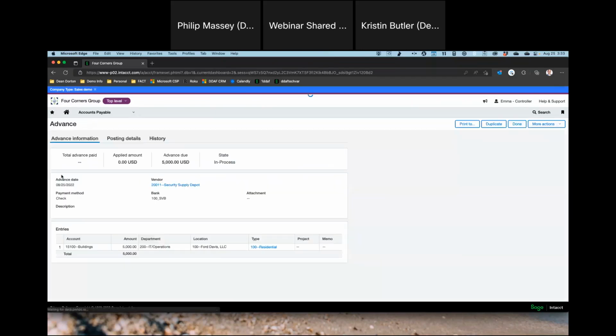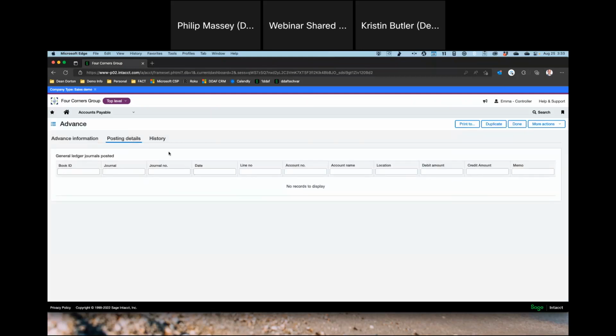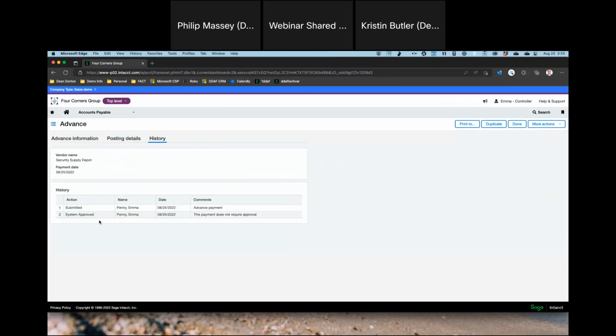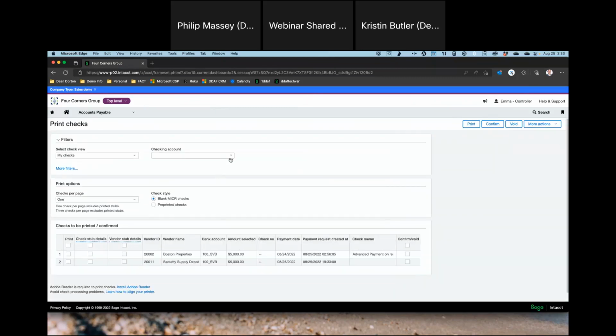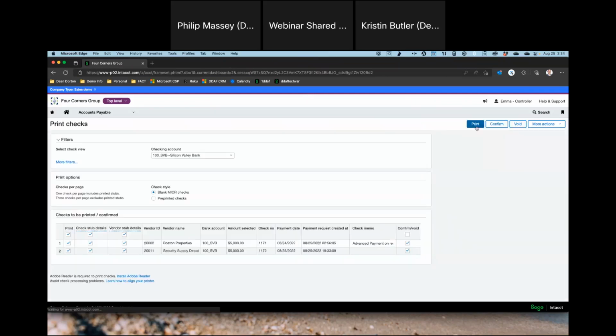If I go back in here and look at one that I created previously, you can see the dimensional values down here at the bottom. You can see here the information about the applied amount and how much of it has actually been paid through the check and how much of the advance is still due. You will eventually see posting details, and then you can also see the history of this particular document. So as I continue the process and we were to come into here and print these, if I pick this and we'll do the blank maker checks, and I'm just going to let them both go real quick, and we'll print it,